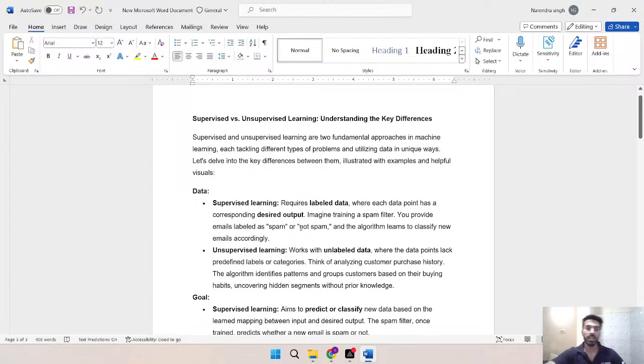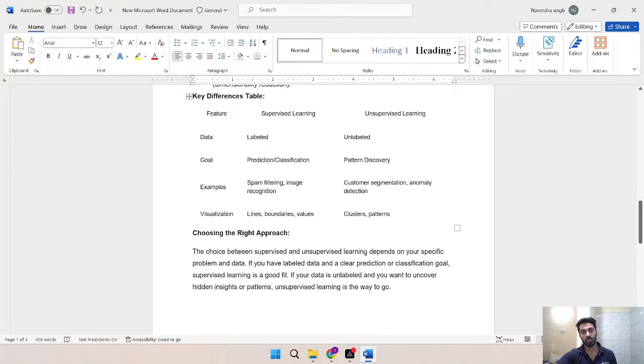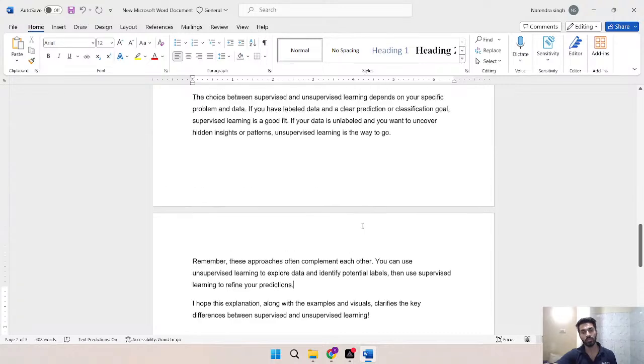So suppose you get a problem, first you have to think whether the data is labeled or not. If the data is labeled, then directly apply a supervised learning algorithm. If the data is unlabeled, then the right way is to apply unsupervised learning. In unsupervised learning there are some algorithms like K-means clustering, the Apriori algorithm, and some other algorithms. So then you have to apply clustering algorithms.